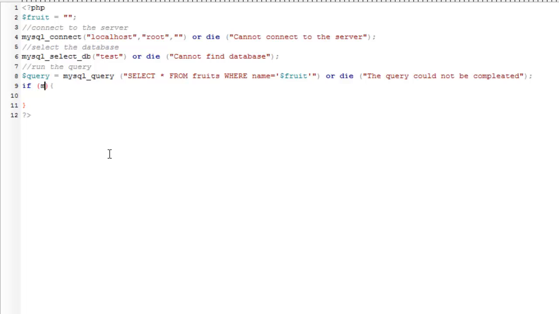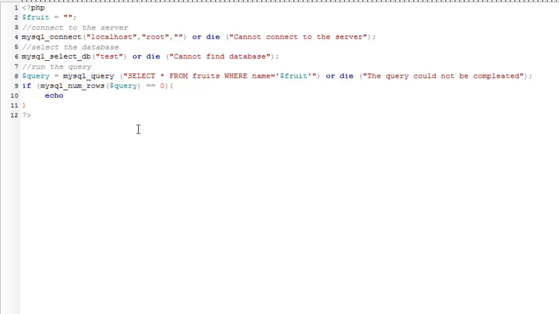I'm going to put if mysql_num_rows, which translates to the MySQL number of rows, and we're going to open and close parentheses again, and put the variable name of our query in here, which for me is just query. So if mysql_num_rows of query equals 0, in other words, no matches were found,